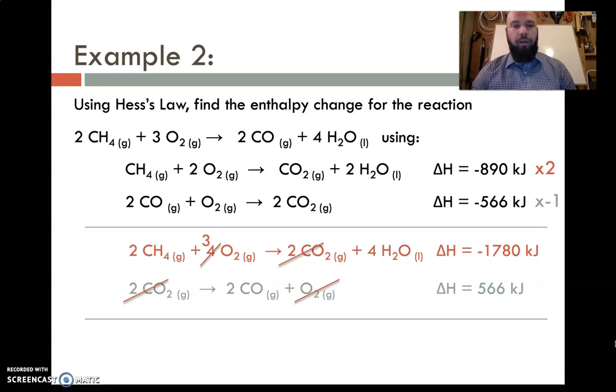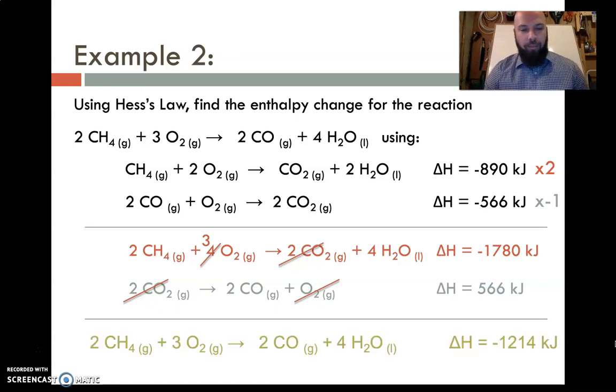Notice here that in our first known equation, we had 4 moles of oxygen gas, and then 1 more mole is formed as a product in our second equation, meaning that our total reactants is 3 moles of oxygen gas and we have no products. That leaves us with our exact target equation. By adding those 2 enthalpy values together, you get that the delta H of the reaction given is negative 1,214